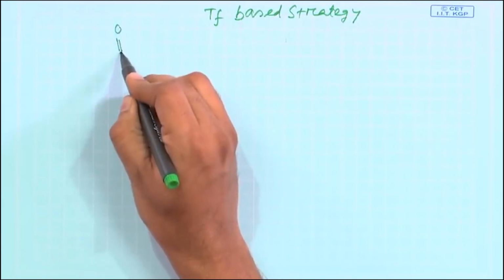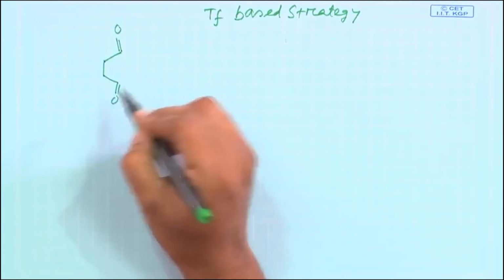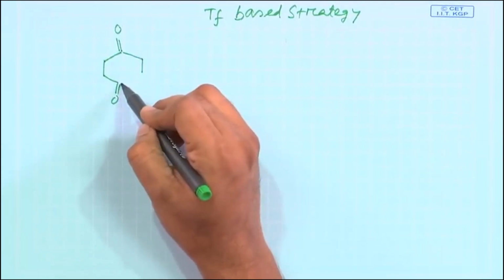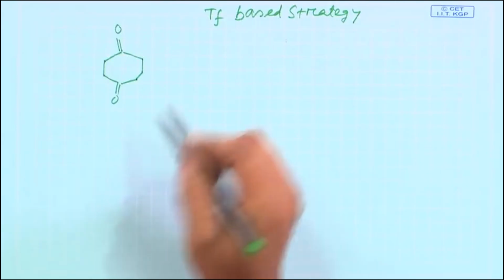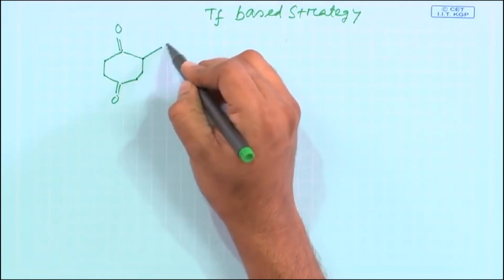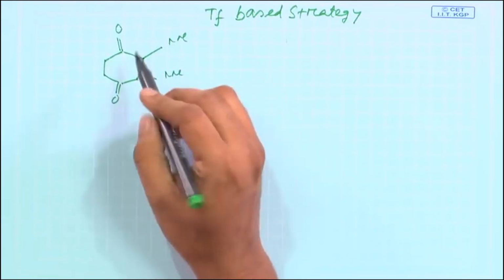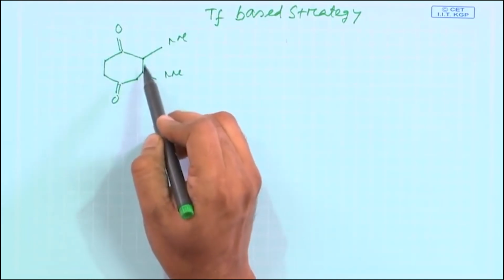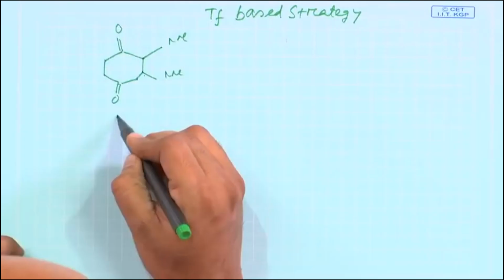The target molecule which was given to you is basically a 1,4-dicarbonyl compound. It is a methyl, so it is a 7-member compound, 1, 2, 3, 4, 5, 6, 7. This is the target molecule,